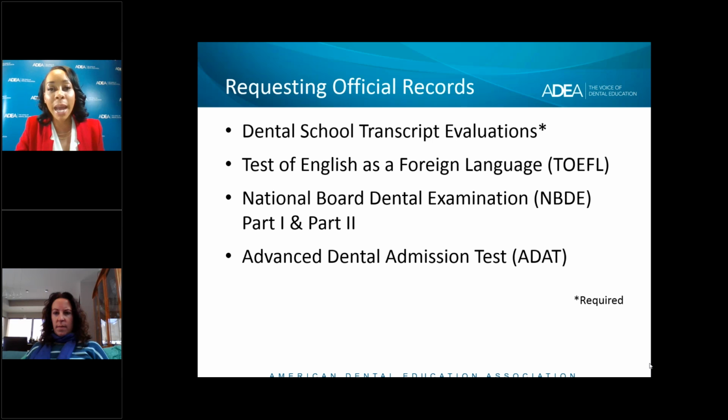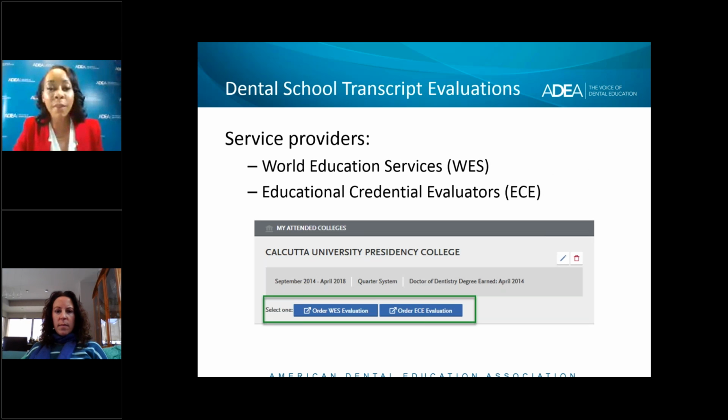This step may be forgotten by many because in the application, applicants are able to self-report information in the academic history section, as well as the standardized test section. But it's important to remember that in addition to self-reporting, programs also want to receive official information. So I'll provide some background on that.